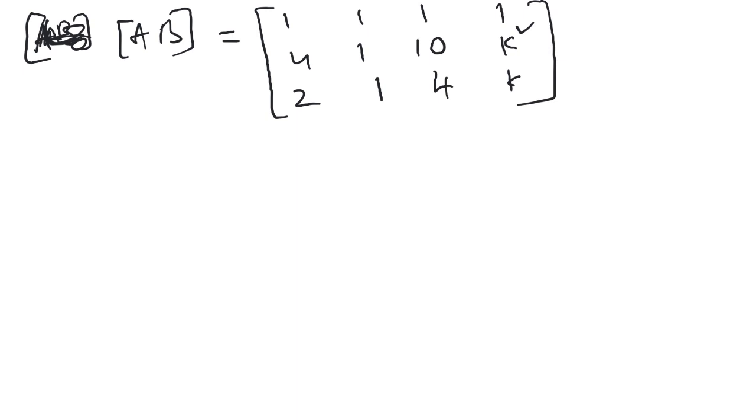To put this in a row echelon form, first of all identify the 1 1 location element. This is a non-zero element, so it should be the first pivotal element, and making use of this element, the rest of the non-zero elements below this, which are 4 and 2, are to be made 0. So that is why I'm going for two operations on R2 and R3. To apply these two operations, just write the structure.